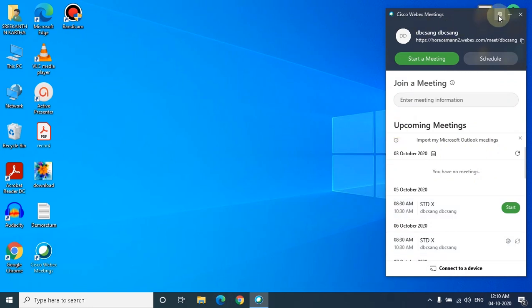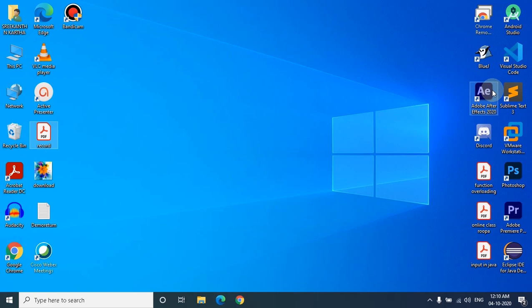Now if you go into this option, settings or app settings, there is an option called sign out. The sign out option is a must for all. After ending the session, all the teachers after their particular session must sign out. Clear? If you just exit and come, and if you keep it signed in, the next teacher will not be able to log in. So it is necessary that all of them sign out. So you have to go for the sign out option as well.